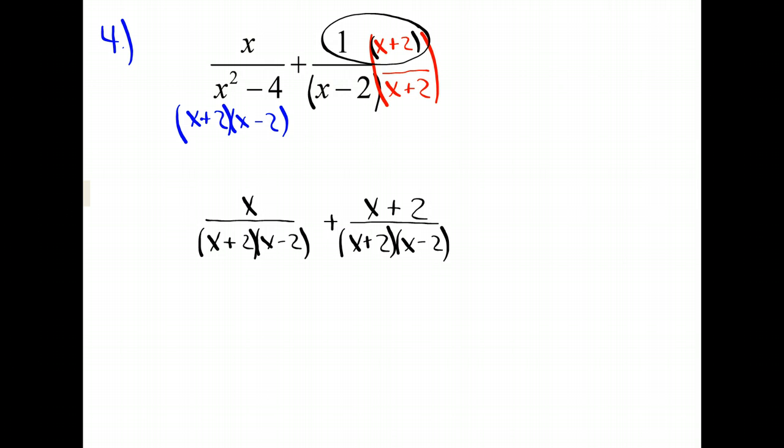So when I add those together now, I add the numerators, which means I add x and I add x plus 2. So when I add x plus 2, this is where some of you went wrong. I get 2x plus 2 over, now for whatever reason, some of you just left off the denominator totally. You just didn't even write anything on there. But when you add fractions, you keep the denominators the same. Once you get your common denominator, that stays. So I have here,